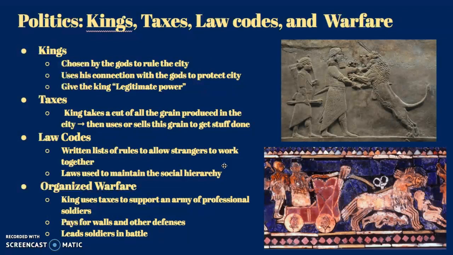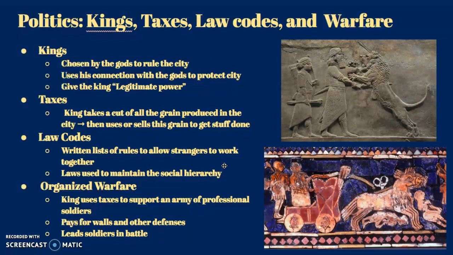Now, what did the kings actually do with this power? Well, the first thing that every king did is they established a system of taxation. Kings would gather taxes, and the taxes were usually in the form of grain. And so the kings would go around and collect grain from every farmer in the city. And then they would use this grain to get other stuff done. So they would store all of this grain in their palace, and they would use this grain to pay supporters